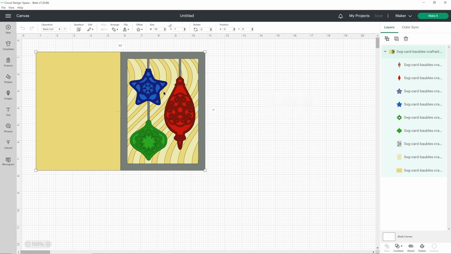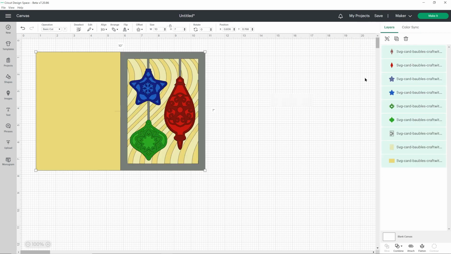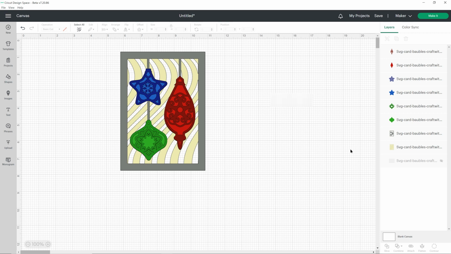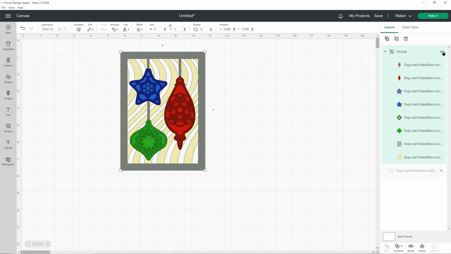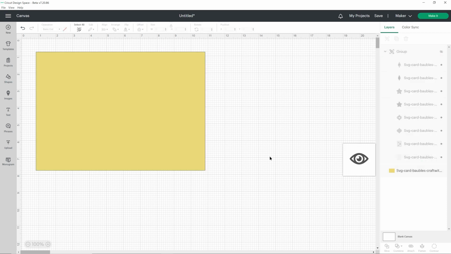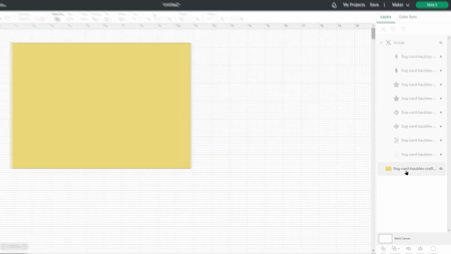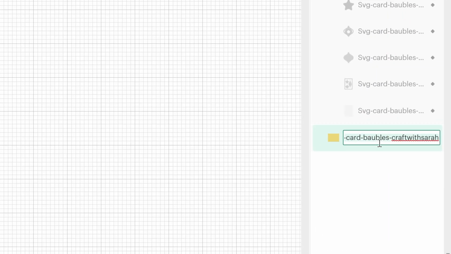This is ready to cut out as it is now, but what I like to do first is add a score line down the middle of the card so that I know exactly where to fold. To do that, first click on the design and then press Ungroup over on the top. Hide the bottom layer, your base card, by hovering over it in the Layers panel and clicking the eye icon. Select the rest of the layers by pressing Select All, and then group them by pressing the Group button. Now you can hide all of these in one go by clicking the eye next to the title of the group. Let's turn that base card back on, and if you want to make it easier in the future, you can double click on the name in the layer and just call it base card, just so you know exactly which one it is at a glance.